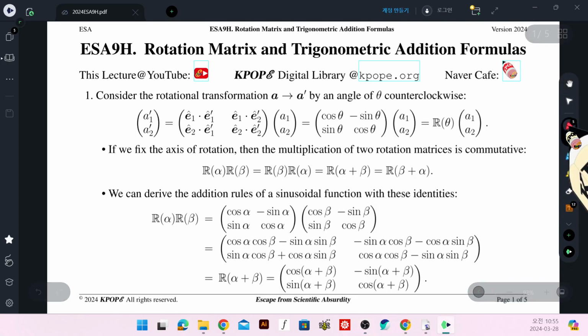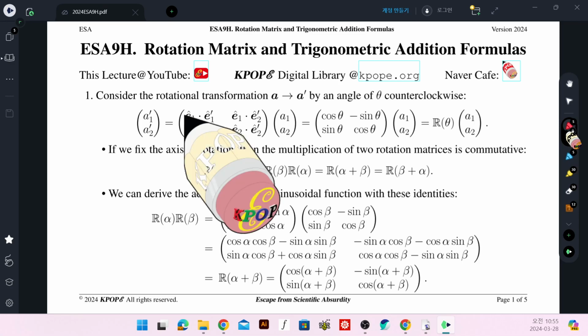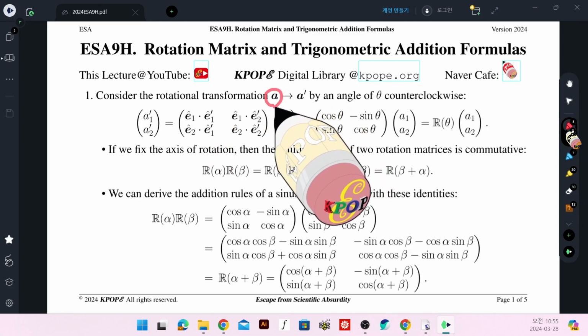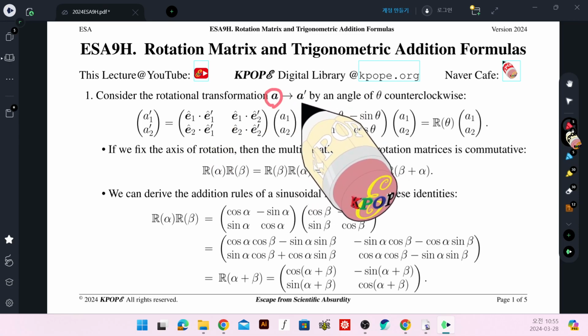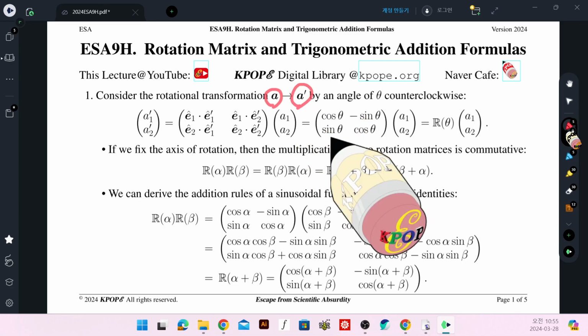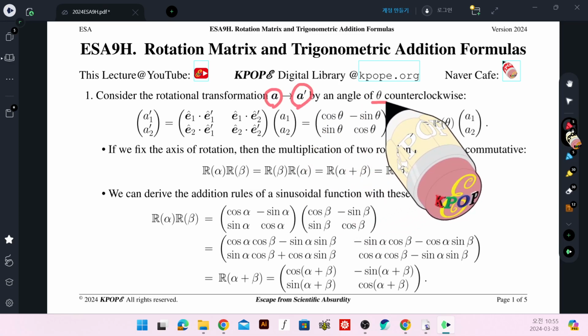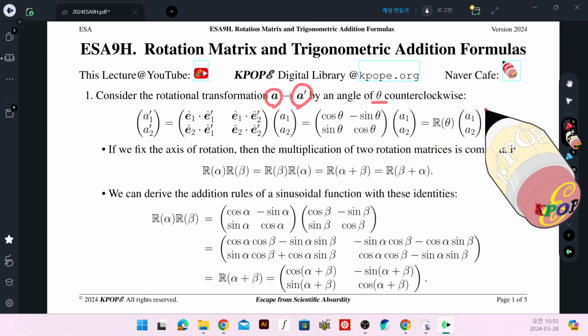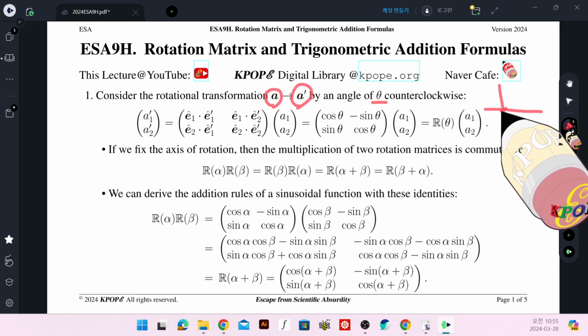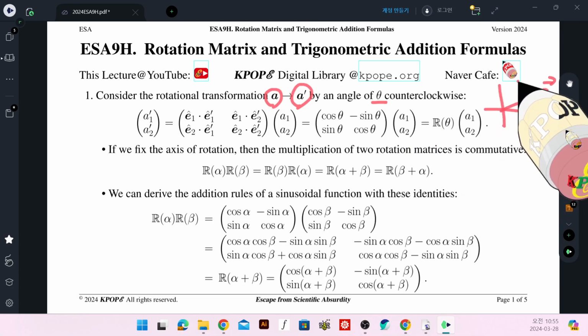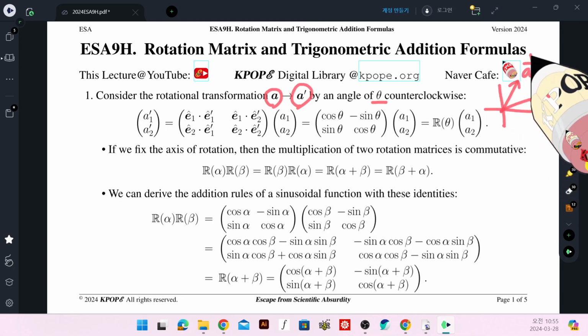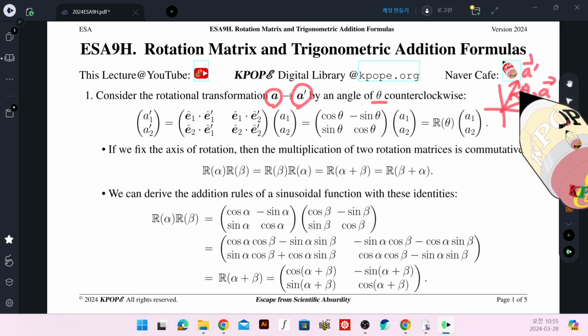Today we study ESA9H, rotation matrix and trigonometric addition formulas. Let us consider the rotation transformation of vector A to A prime by an angle of theta counterclockwise. This vector is on the xy plane, and we rotate this A into A prime by an angle of theta